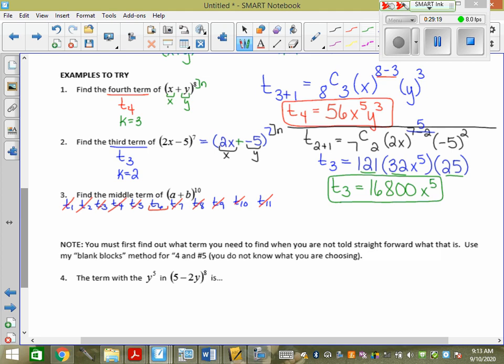So what did they indirectly ask you to find? Term 6. That's it. Because you know there's 11 terms. So what does n have to be in order to get a middle term? Even. N has to be even to get a middle term because n is not the number of terms. N is one less, right? So if I take n and I add 1 to it, I get the number of terms and I can get a middle term.